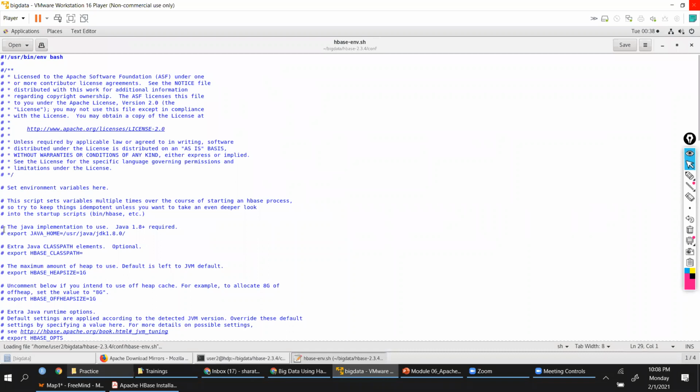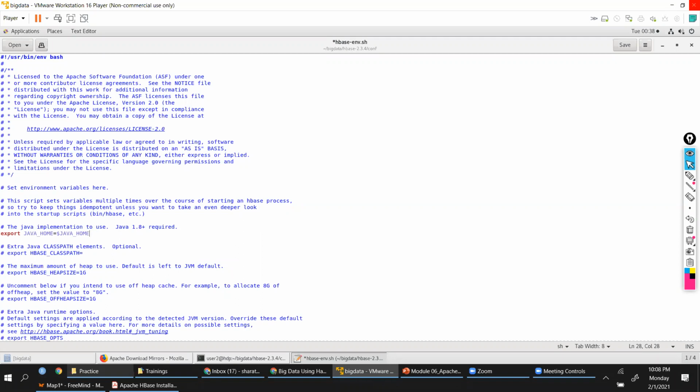You can see the Java settings are commented. You can ignore this, or you can set JAVA_HOME. It is pointing to the default OpenJava that we have. All you can do is remove this and say JAVA_HOME equals $JAVA_HOME.